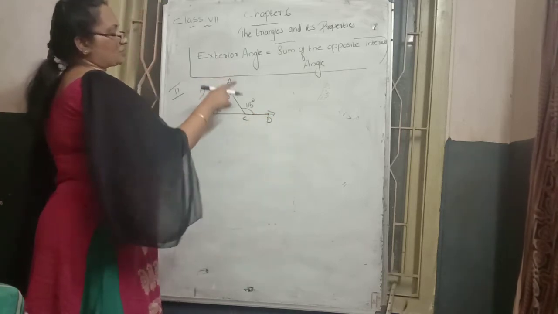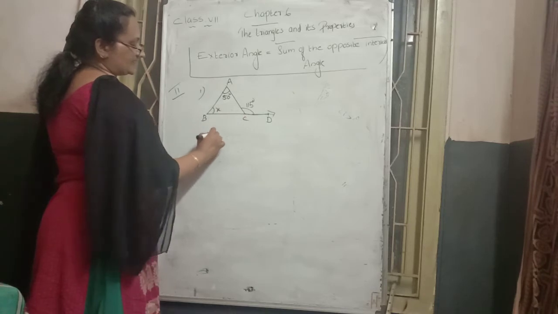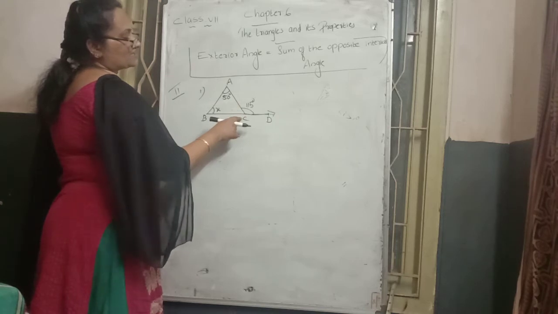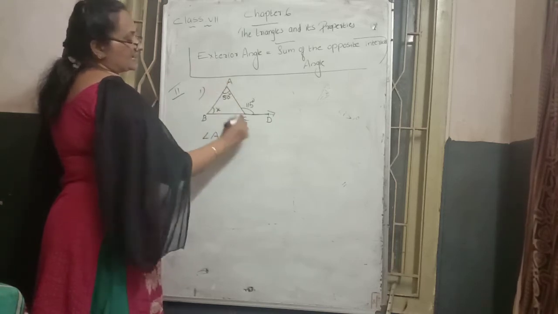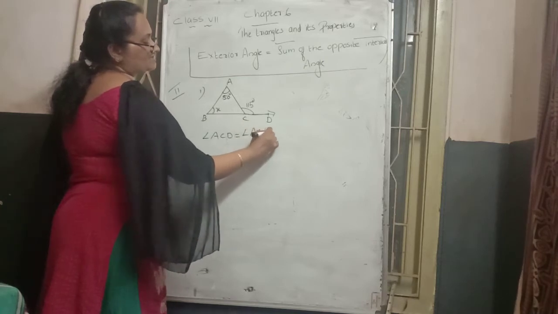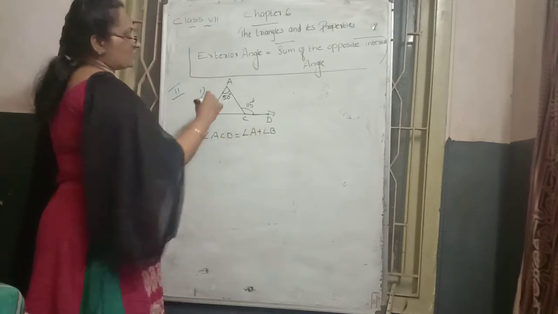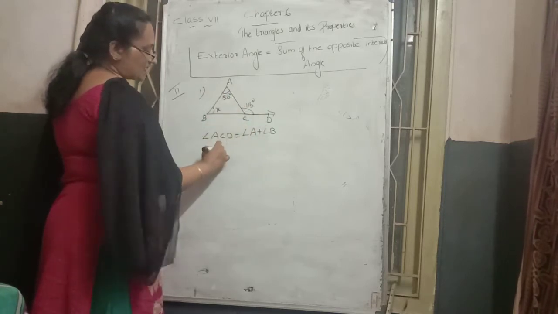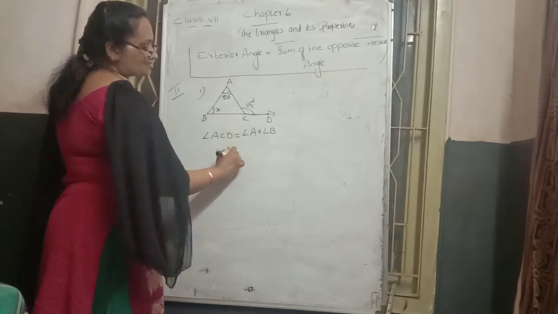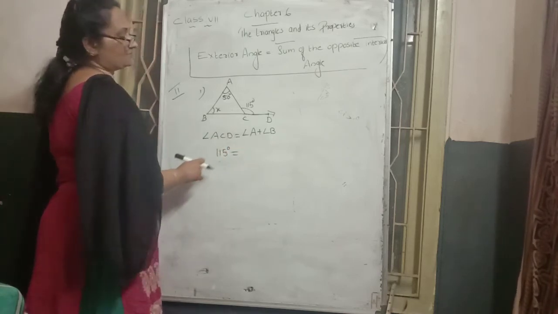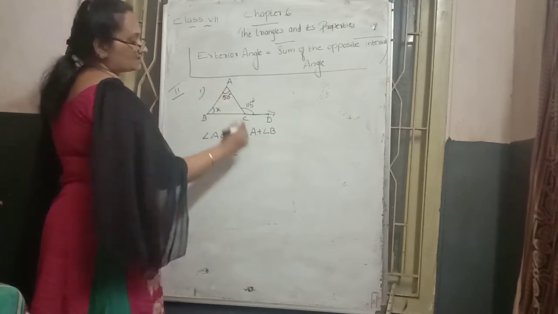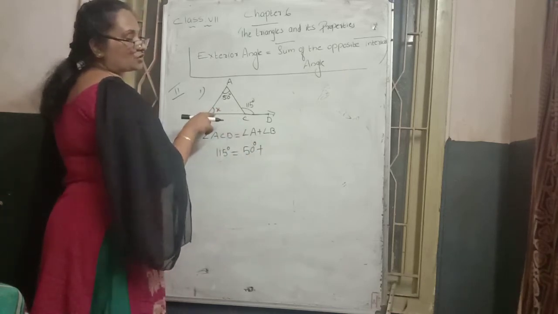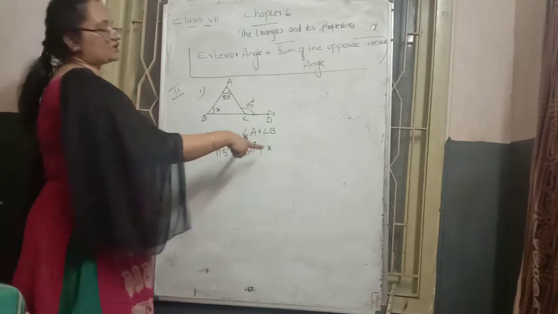Then the exterior angle property is applied. Angle ACD is the exterior angle, the outside angle, with respect to vertex C. The opposite interior angles are angle A and angle B. The rule says that the exterior angle equals the sum of angle A and angle B. Substituting values: angle ACD is marked in the question diagram as 150 degrees, so in its place we substitute 150 degrees. Next, angle A is marked as 50 degrees, so in angle A's place we put 50. Angle B is unknown, marked x. That is the question: find this B value.